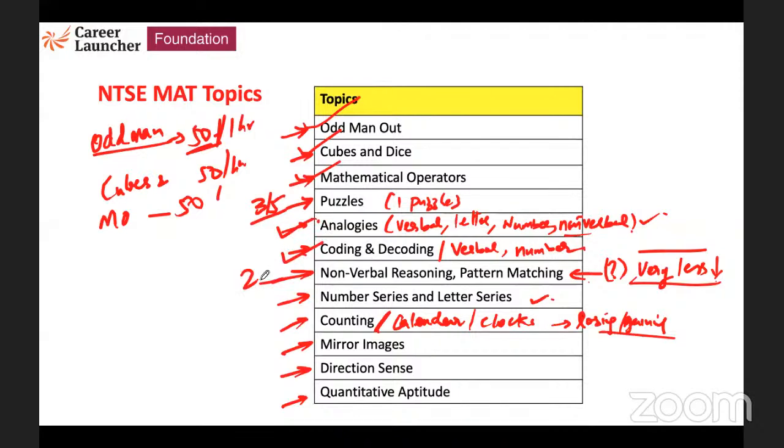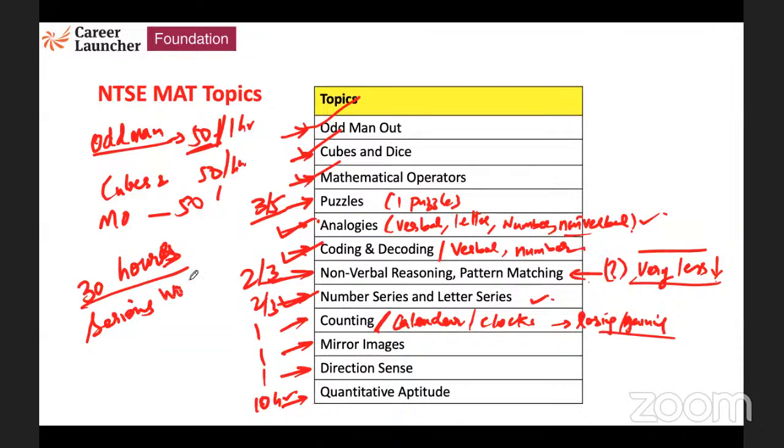This can take you 2 to 3 hours to understand the entire thing. This will take you 2 to 3 hours. This will be 1 hour, maybe 1 hour, maybe 1 hour. This will take you about 10 hours. So if you really want to have an overview of the entire math topics and do it well, you will require nothing less than 30 hours of work. 30 hours of serious work.